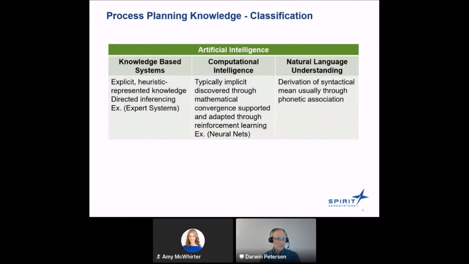There's been a lot of interest in artificial intelligence in recent years, and primarily the computational and natural language understanding. Explicit or heuristic knowledge was very popular in the early 90s, and sadly, from my experience and perspective, kind of fell out of vogue. I believe there's a broad false perception that it has been replaced by the computational or natural language.